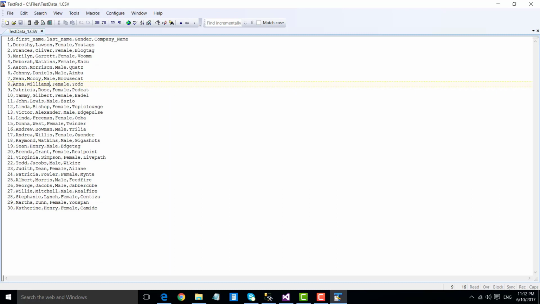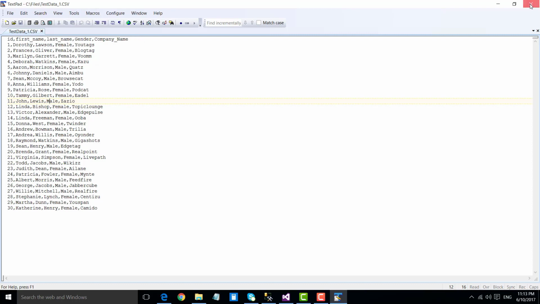For example, if you want to change this camel casing to small casing, or to uppercase, we can do that using the character map transformation in SSIS. Sometimes we want our data to be in upper format, or sometimes in lower format. So we can do that using the character map transformation. While we are loading data from the CSV file, even before loading the data to the SQL Server table, we can change this data on the fly in between the loading process. So we will see how we can do that.